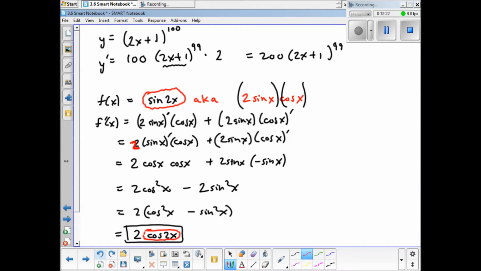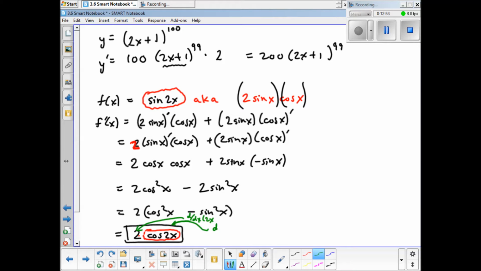Where did the extra 2 come from? This 2 out in front of our cosine 2x. Well, it turns out that that is the derivative of the 2x. Okay, so what you have here is basically the derivative of the cosine being the derivative of the sine, and this 2 out front is the derivative of the interior. So this is actually d/dx of the 2x,